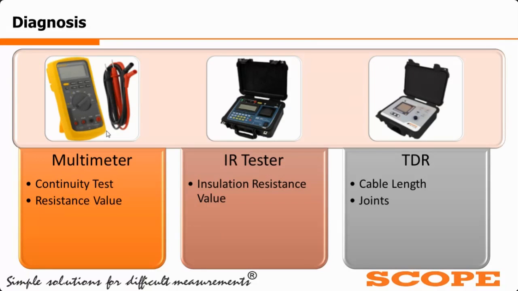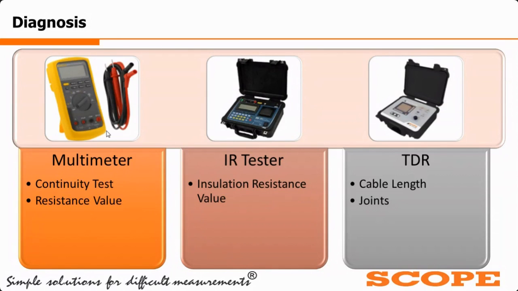After that, if there is no open circuit or short circuit fault, then we have to go for insulation resistance testing, because if an open circuit or short circuit fault is not occurring in the cable, then there is an insulation failure fault, also called a high resistance type of fault. For detecting a high resistance type of fault, we have to apply the higher voltages of the IR tester. We can mainly use a 5 or 10 kV IR tester for this cable fault location. So we have to apply this IR voltage, and then check the exact